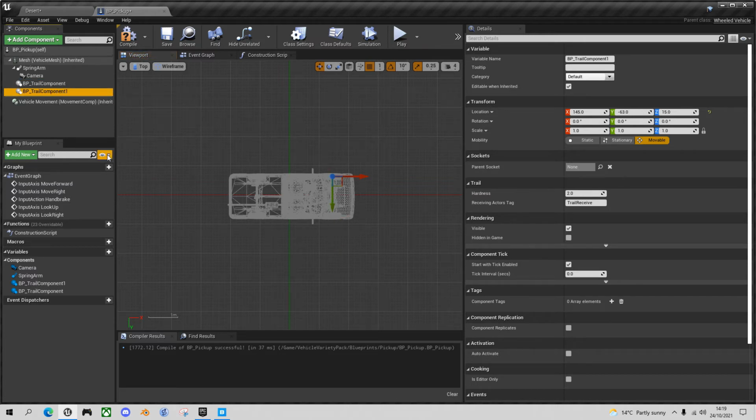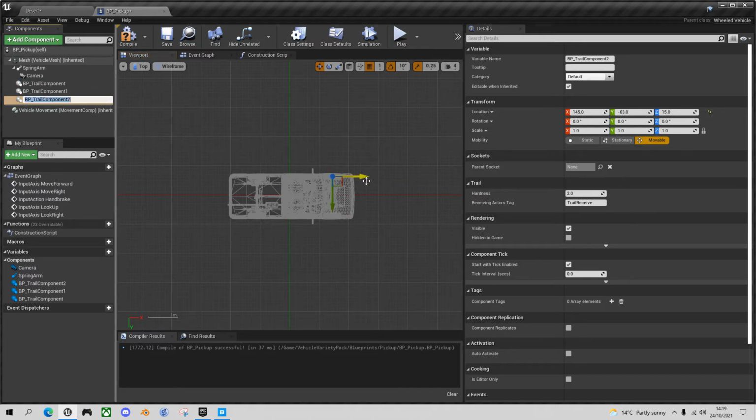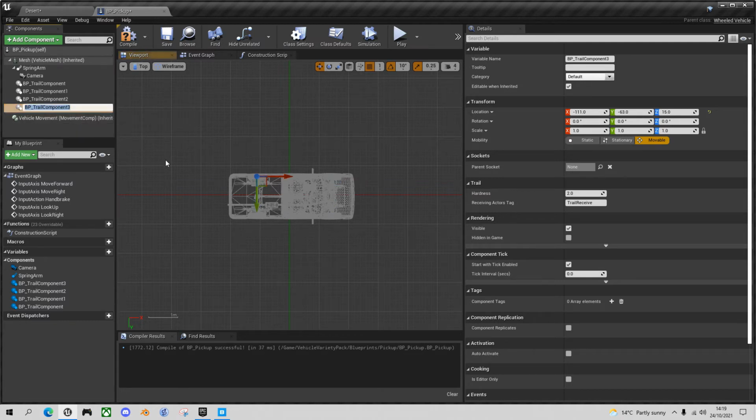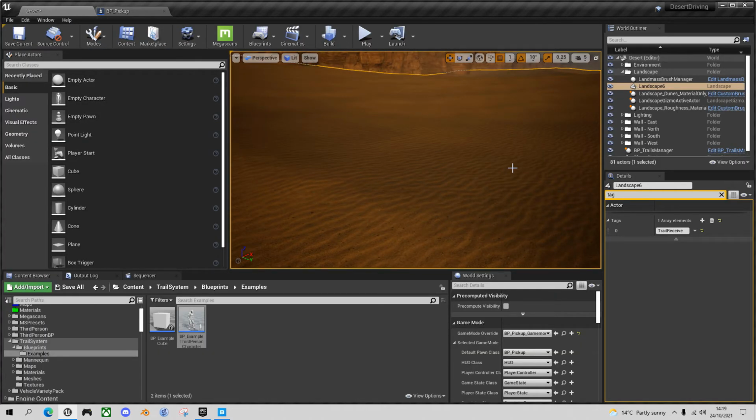Then we'll duplicate it again and drag this to the back wheel. And finally, one more, copy, Control W, and drag this to the other back wheel. Compile, save, go back to the desert track,